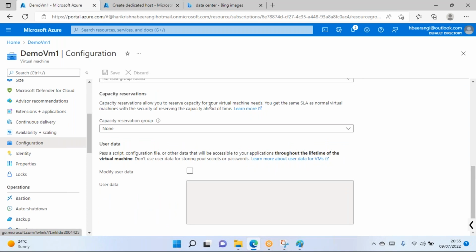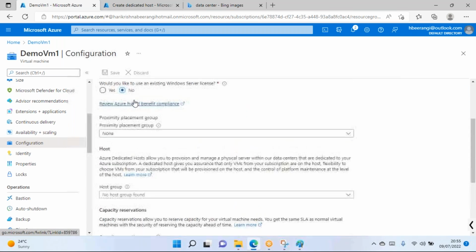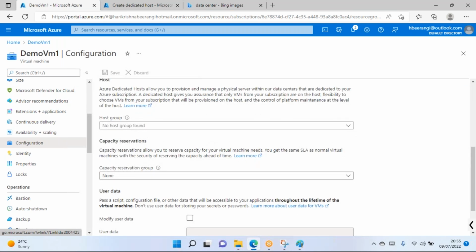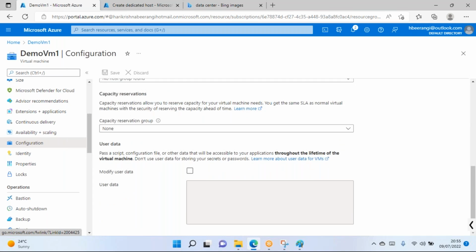Okay, so that is the benefit of capacity reservation. So I'm going to send a link also for this one where you can find more and more theory, but remember the examples that I have given, which is going to be useful. Now ఇక్కడ యూజర్ డేటా అని ఉంది. సో దిస్ ఆప్షన్ ఈస్ యూస్ఫుల్